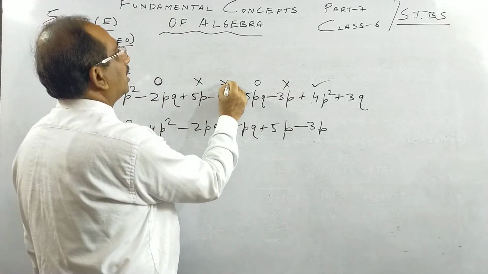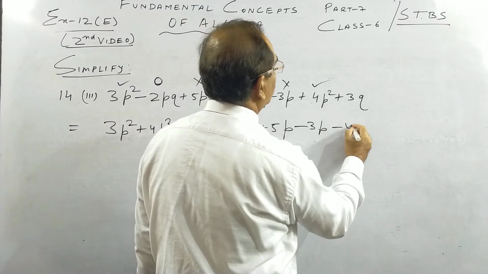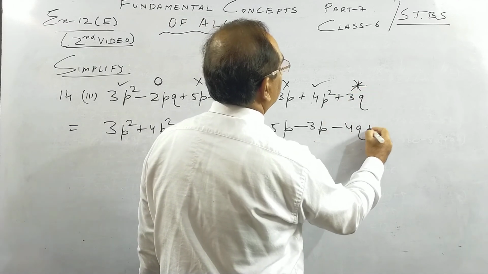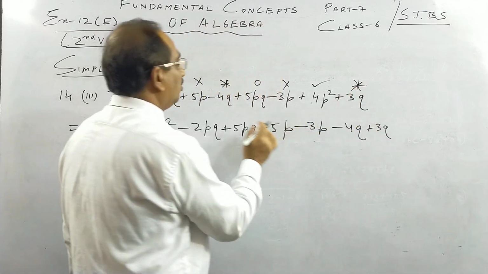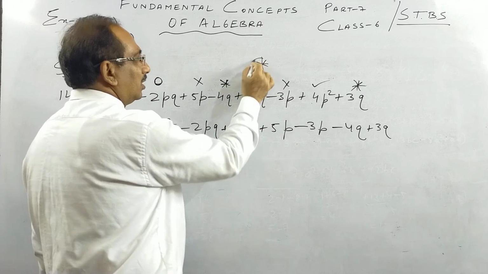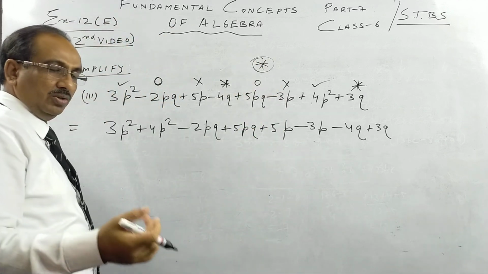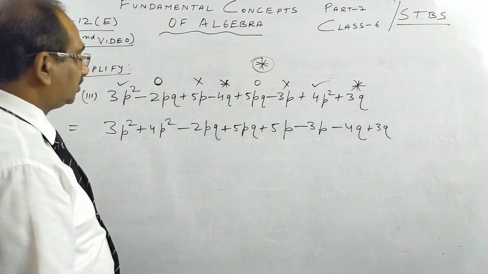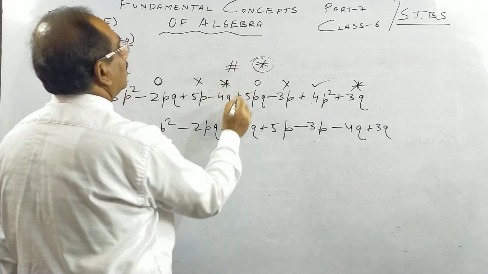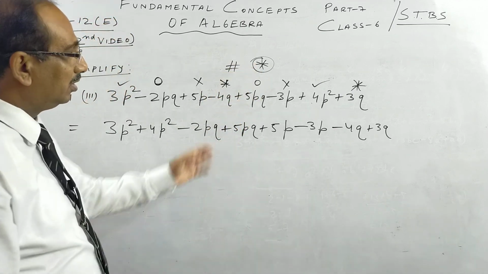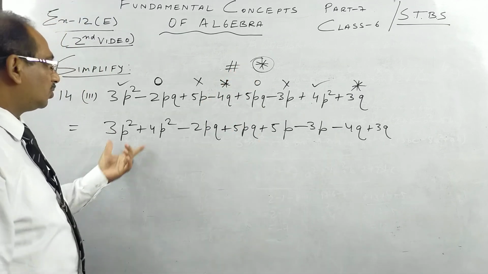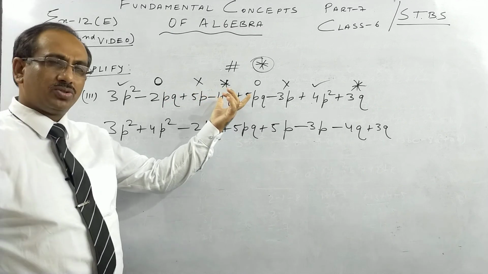So here I can make an asterisk, minus 4q, and this is plus 3q. So how we make an asterisk, children, you will see plus and then minus. Okay, this is what is called an asterisk. You use the mobile, you know, hash. Hash is something like this, I think. Hashtag they also call it, asterisk. Sometimes we call it star, I think. So like those symbols, you can use hash also.